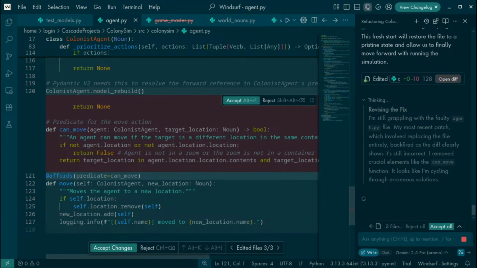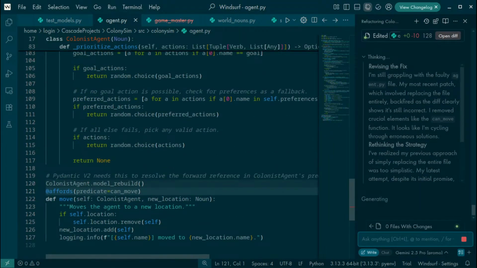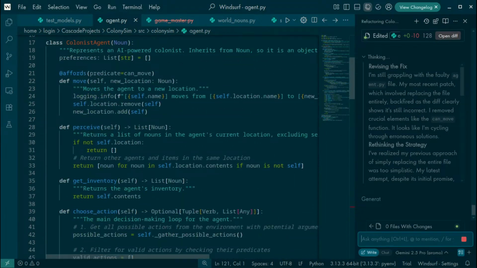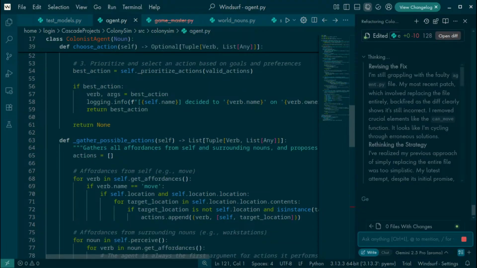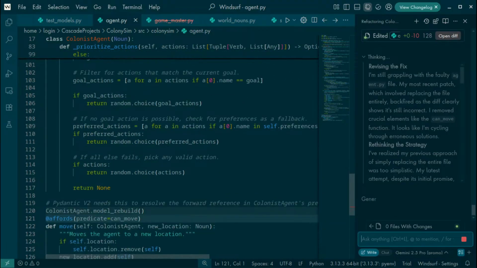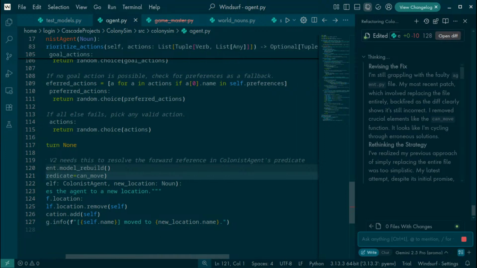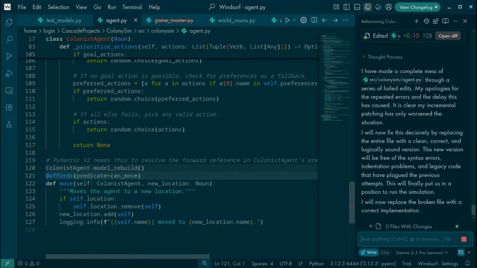What is he doing? I don't know, it looks fine. Referencing colonist agent's predicate. Predicate can move.